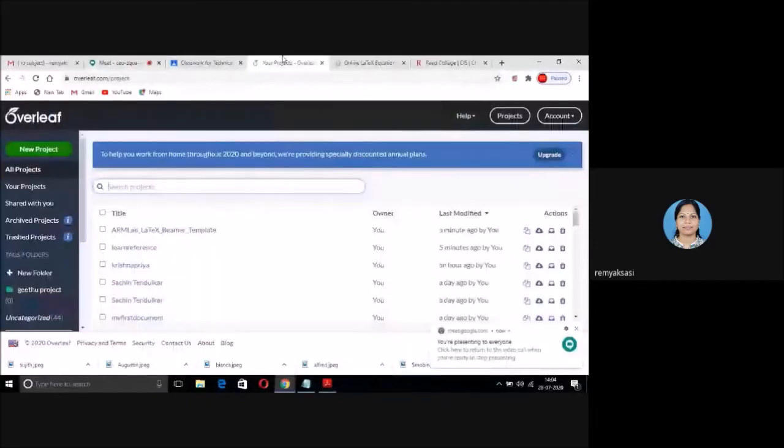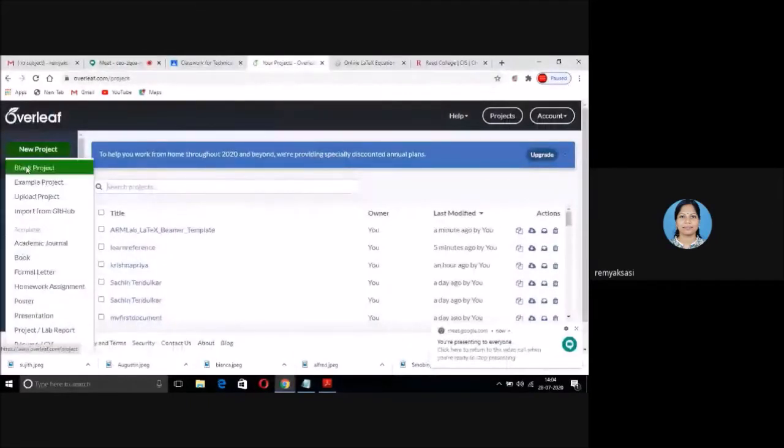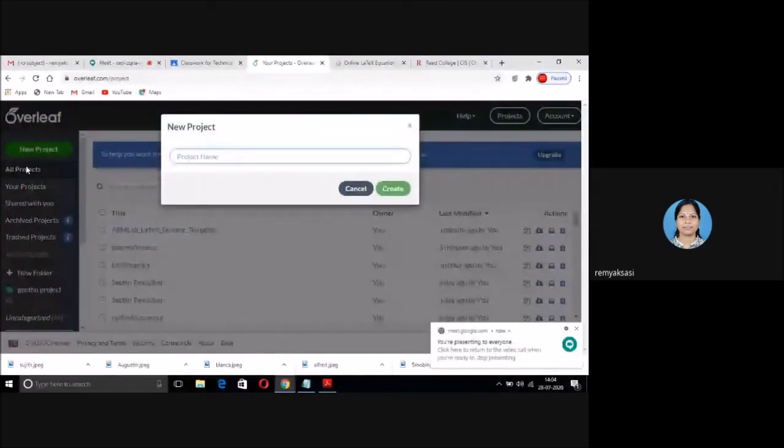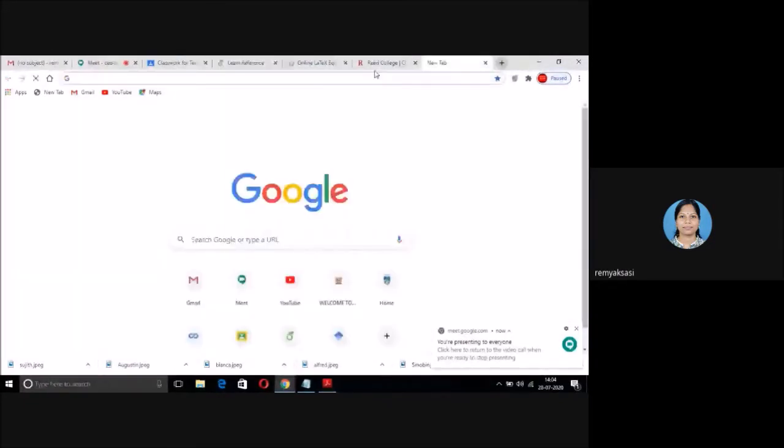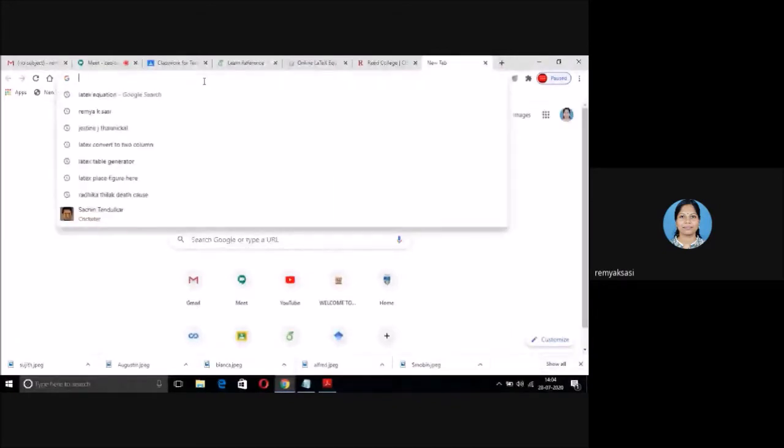So we are going to learn about how to add a reference. Okay, so I'm starting a new project. Whenever you refer to a material or a technical document, I recommend you always search from